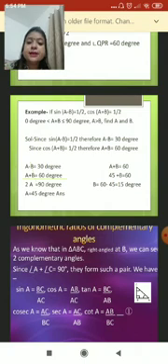This is another example. Okay. If sine (A minus B) is equal to half and cos (A plus B) is equal to half, and the condition given is that A plus B is greater than 0 but less than or equal to 90, that means it's a complementary angle. Okay, the sum has to be less than or equal to 90. Also it is given that A is greater than B, and we have to find the values of A and B respectively. So how do we do this sum?